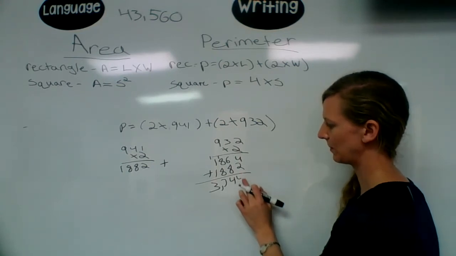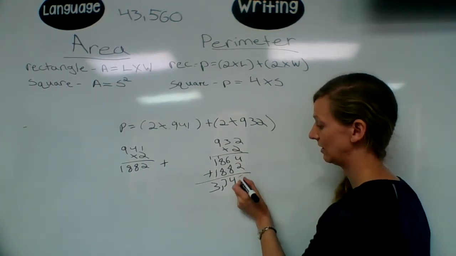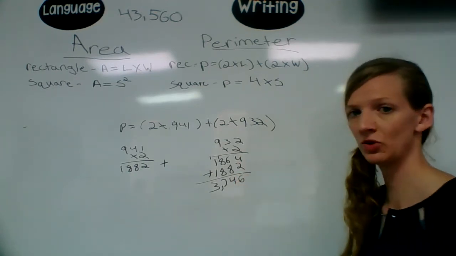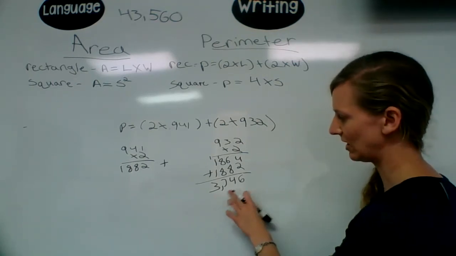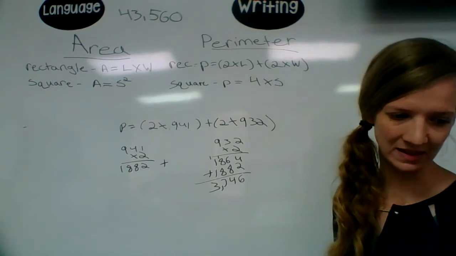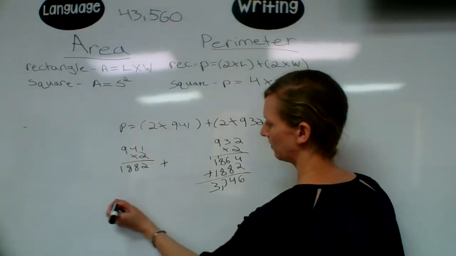See? That's what happens when you rush. Don't rush. I rushed here and I said 2 plus 2, but it's 4 plus 2, which is 6. So make sure you take your time. Don't rush like I was doing. But your answer is 3,746. So the perimeter of that rectangle is